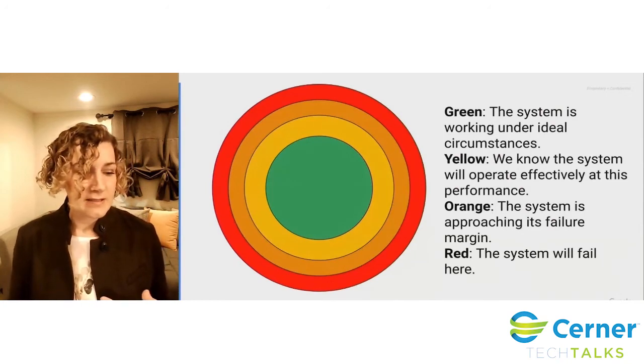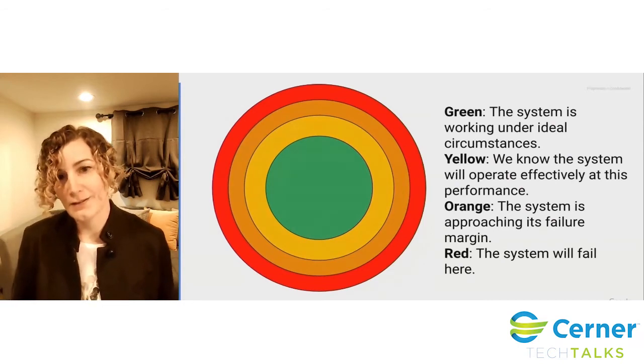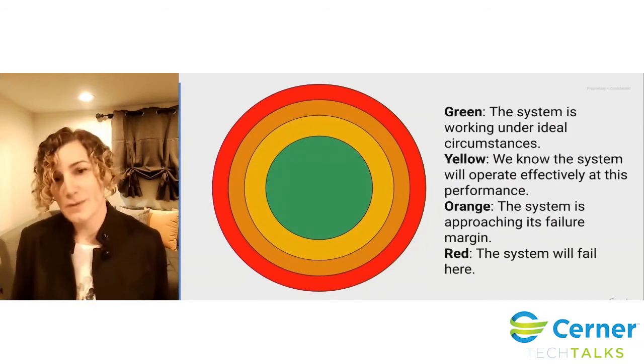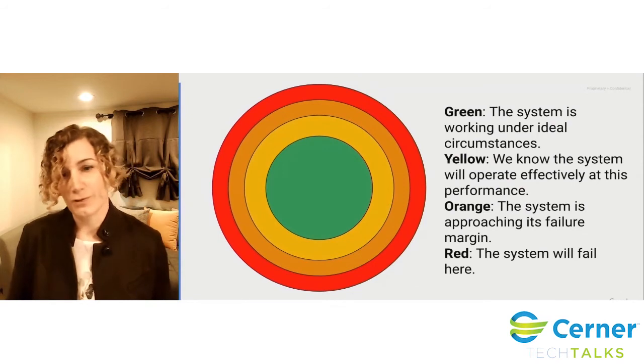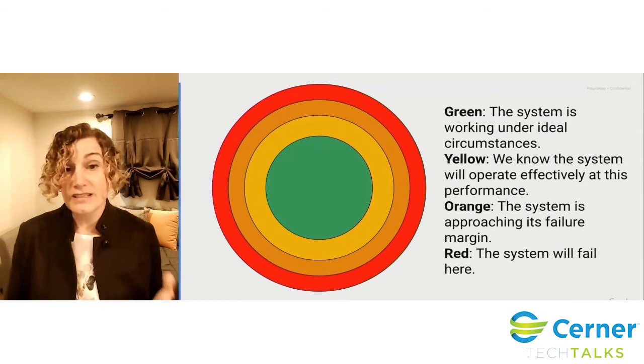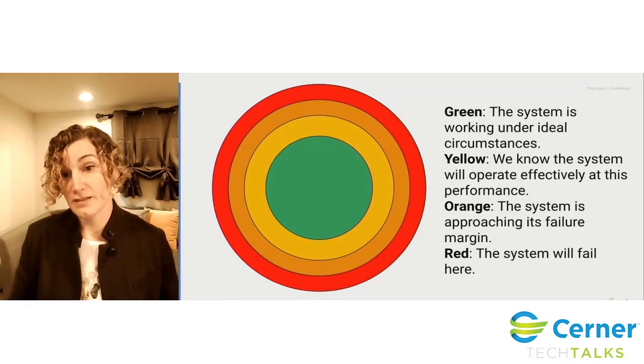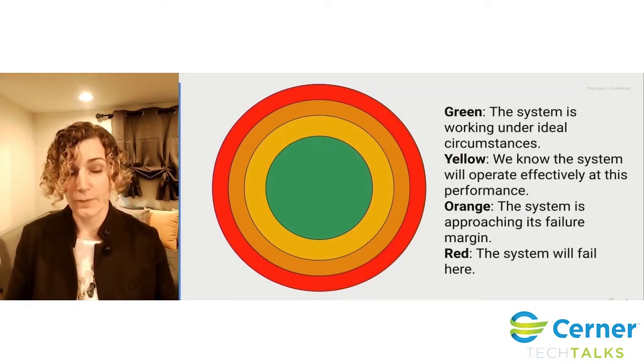Then the yellow is, because we're good engineers, we've designed the system to accept that sometimes there'll be packet loss, and sometimes bits will be flipped, and sometimes a machine will fail, and sometimes we will have garbage collection running while we're trying to do something else. We designed the system such that under this scenario, we think it can still perform. It's not ideal, but it can still perform.